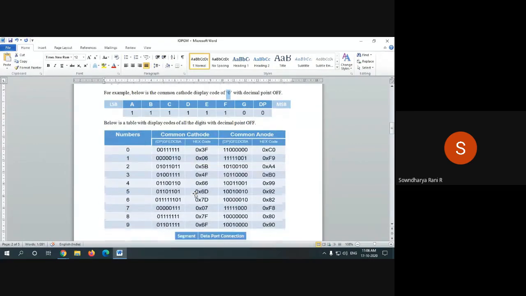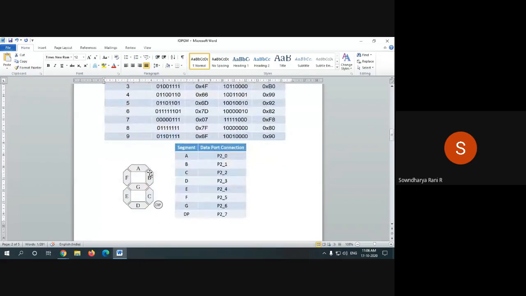Before that I show a diagram. So this is the LED 7-segment display. This is the A part, B, C, D, E, F, G, and this is for the decimal point. Whatever segments you have enabled, that will glow. So if you want to display a 0, what should you do? You should find out which segments should be enabled. For 0, you have to enable A, B, C, D, E, F, so all these should be turned on.